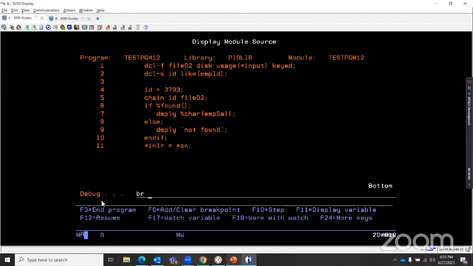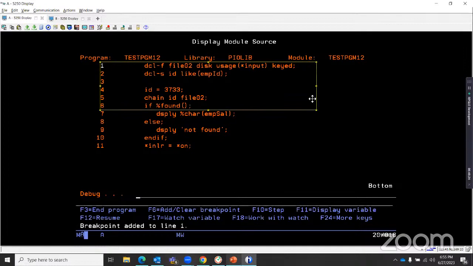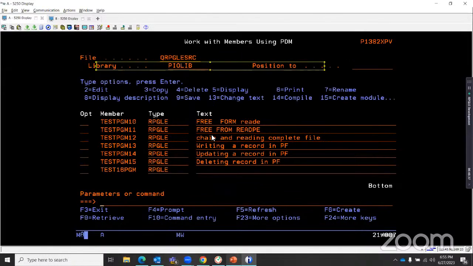So now we have set the breakpoint at the first line. We can set the breakpoint wherever we want. It's not necessary that we specify it at the first position. Just suppose I have given the breakpoint at the 7th position. It will skip all these things. It will execute them, but it will not show us in the debug. It will start the debug from the 7th position itself. So I'm setting the breakpoint at the first position to give you a brief about how the program flow is going. Now,